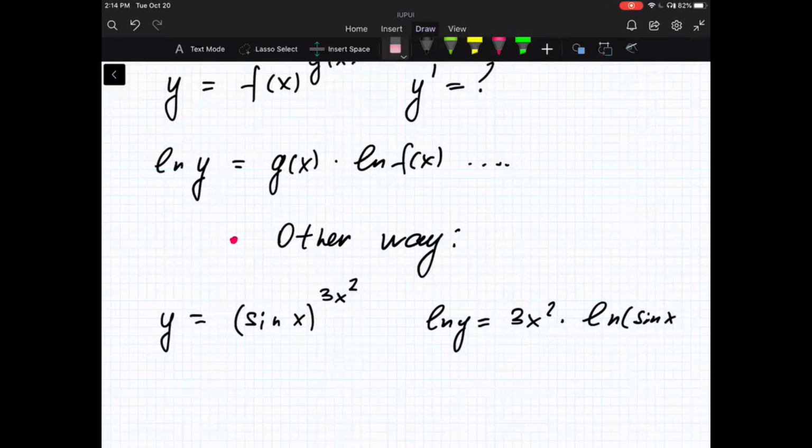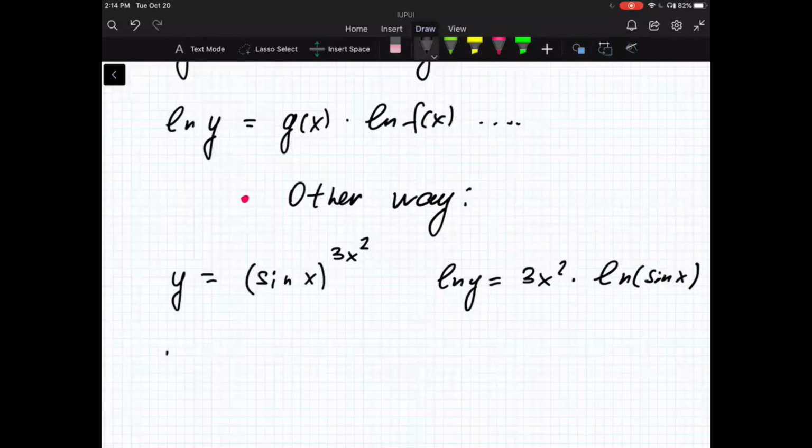So this is the way that we used before, but also you can say that y is equal to, using the property that exponential function and logarithmic function are inverse to each other, I can write that it is exponential of the logarithm of the function,